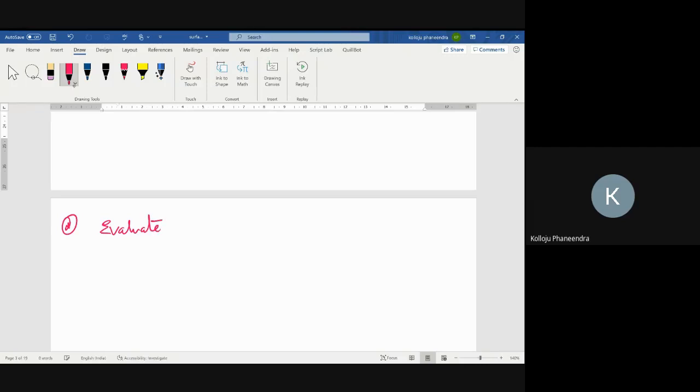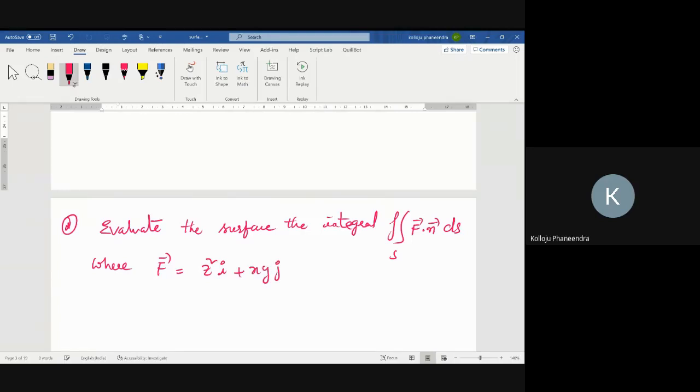Evaluate the surface integral, double integral over S of f bar dot n bar dS, where f bar is equal to z square i plus xy j minus y square k, and